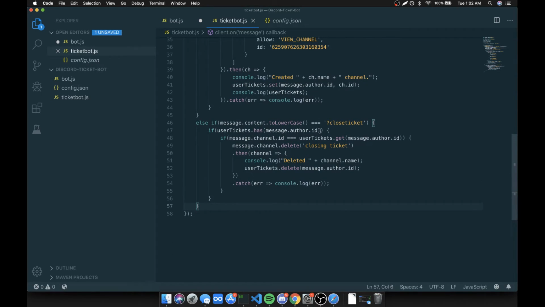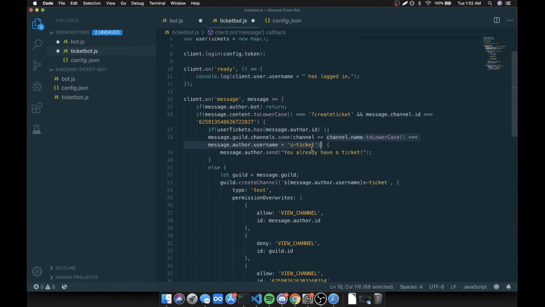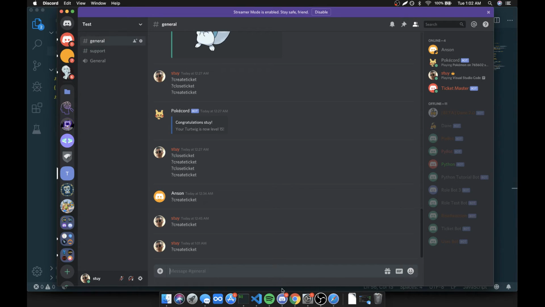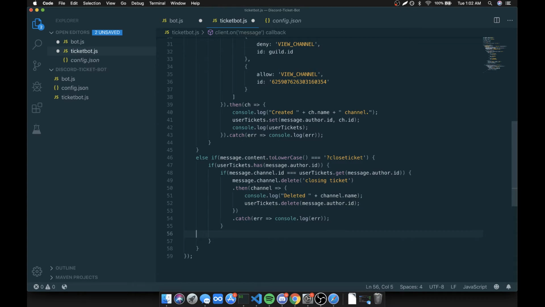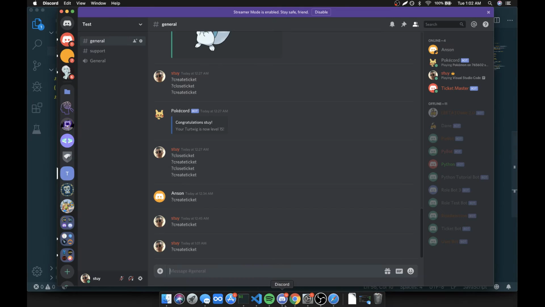There's one more thing that I do want to do. Notice how earlier I handled this case where, in case our bot crashes, this will check every single channel just to make sure that there are no other tickets that were open while the bot was offline. So now we want to close their tickets the same way. Or actually, never mind. I'm going to save that for another time, because honestly, if the bot crashes and the ticket is still there,